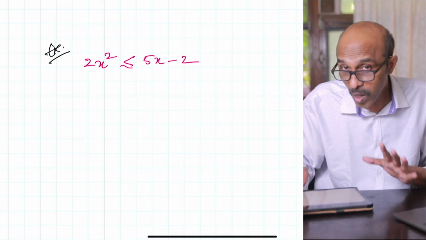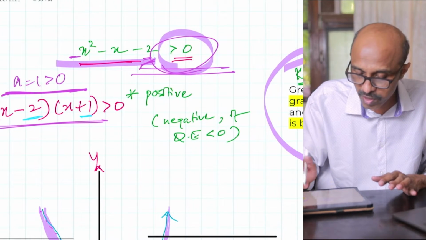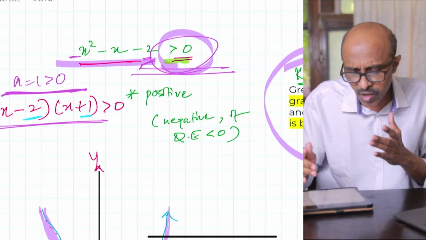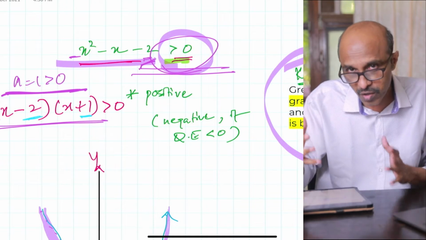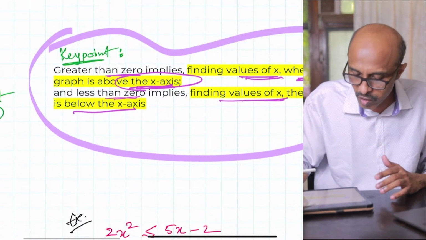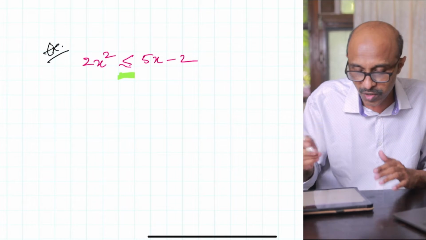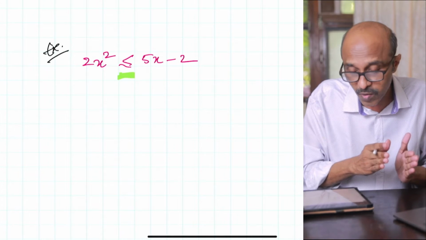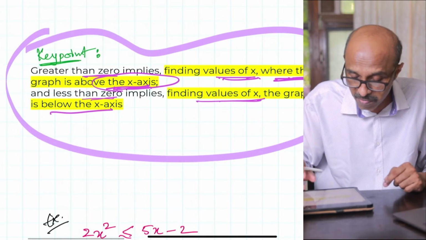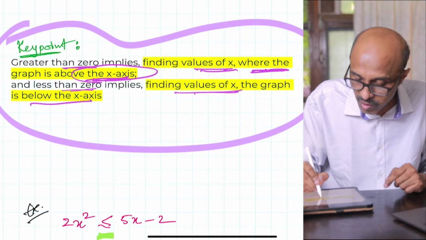All right. In part 1 of quadratic inequalities, we solved 2 examples where the inequality was greater than 0. You could use the same procedure for greater than or equal to 0. Same technique, same procedure. In this particular video, we're going to solve the example where the inequality is less than or equal to. You can bring the terms on one side of the inequality and then it's just less than or equal to 0. Same procedure, but a quick thing to remember, the key point is we are looking for values of x